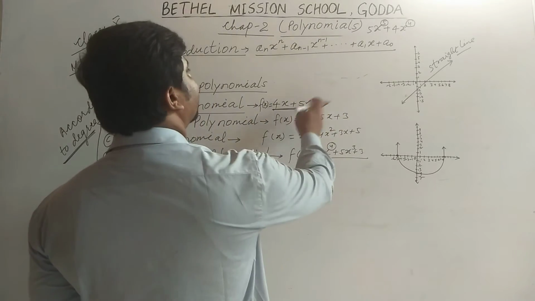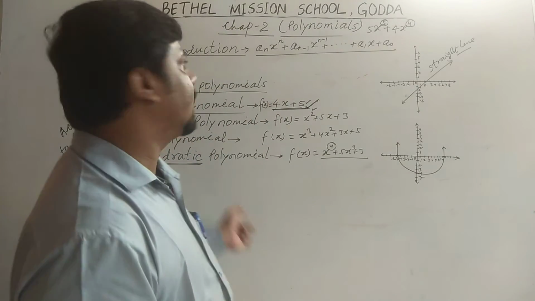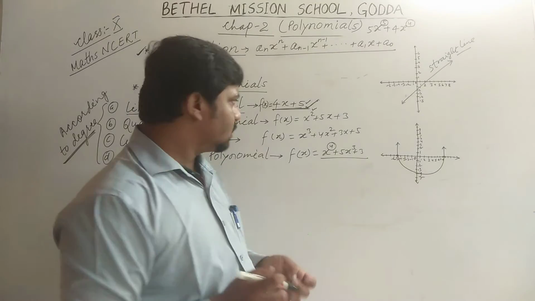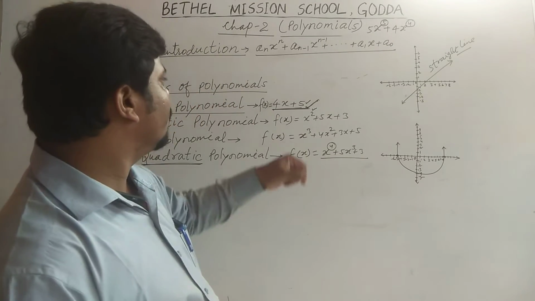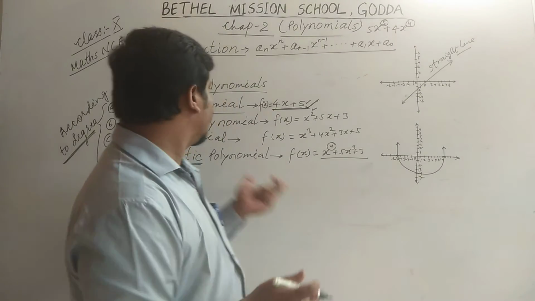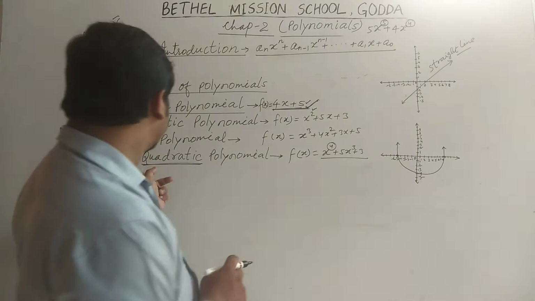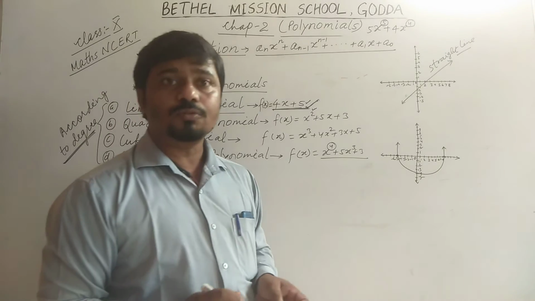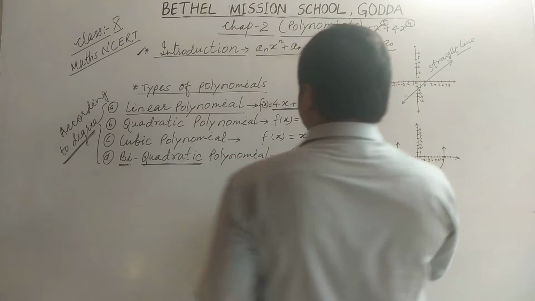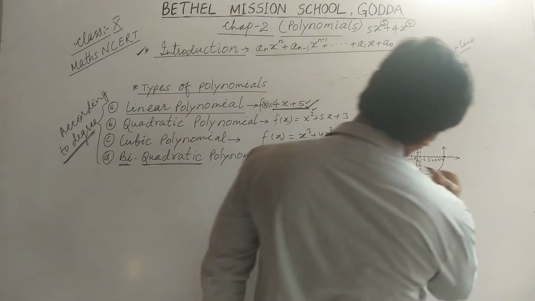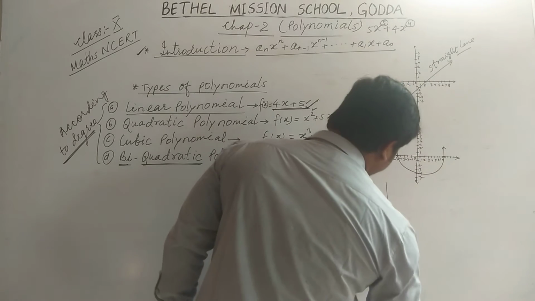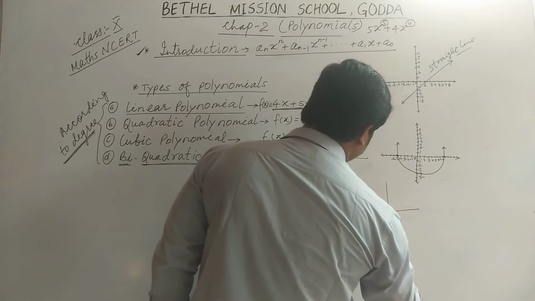If the degree is 1, the value of that polynomial we will get is 1. If the degree is 2, we will get the value 2. If the degree is 3, we will get the value 3. And if the degree is 4, we will get the value 4. Like that, cubic polynomial. In a cubic polynomial, it will intersect